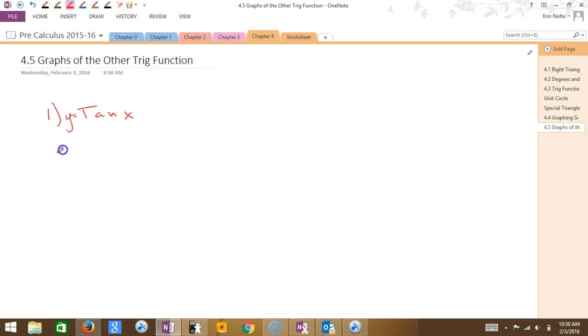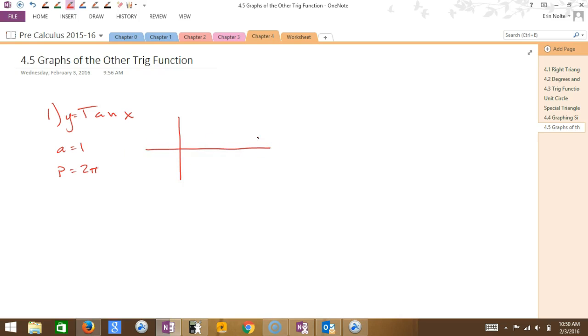Maybe you want to write that, because that always helps. The period in this is 2 pi over the b. What's the b value? 1, so 2 pi. Is there a phase shift? Vertical shift? No. So same exact thing I'm going to do as I did for the sine and the